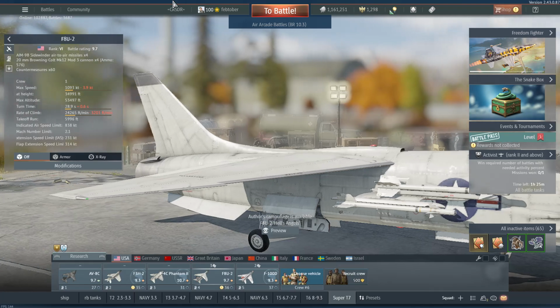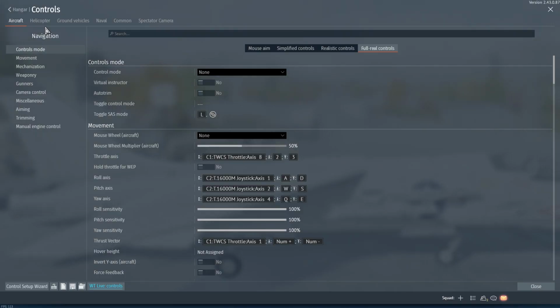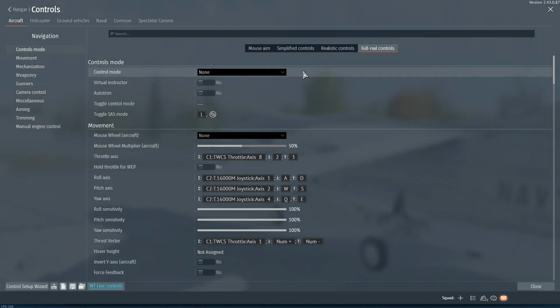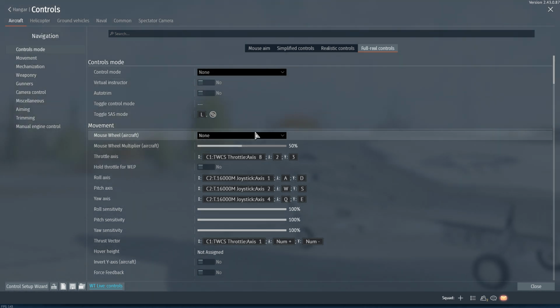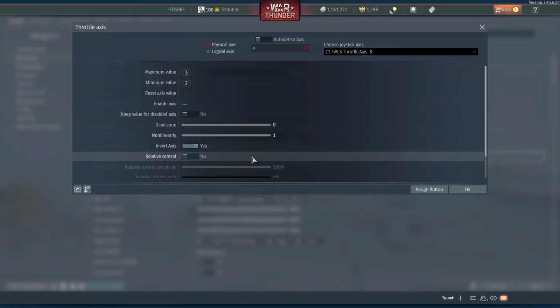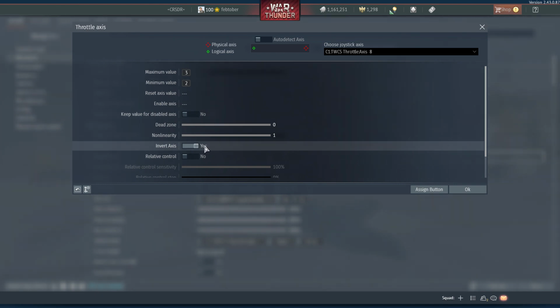We're going to go over to these three lines and we're going to go to controls. We're going to leave it at aircraft, and then we're going to make sure we're at full real controls. We're going to scroll down to right here, and the first one is throttle axis. This throttle axis, in my case, has auto detect axis on, and it also has invert axis, which means when